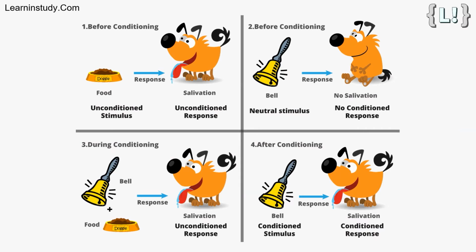Pavlov divided the training of his dog into 4 stages. In the first part, Pavlov gave meat to the dog, and in response to the meat, the dog started salivating. In the next stage he created a sound with a bell, but this time the dogs did not respond. In the third stage, he tried to train his dog by using the bell and then giving them food. Seeing the food, the dog started salivating. Eventually, the dogs started salivating just after hearing the bell, even if the food was not given, as the dog was reinforced that whenever the master rings the bell, he will get the food.